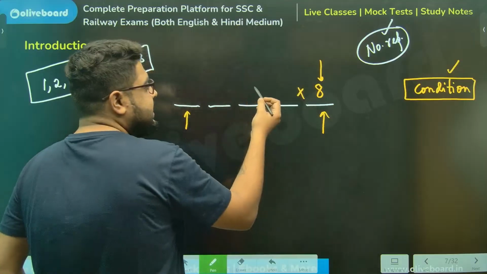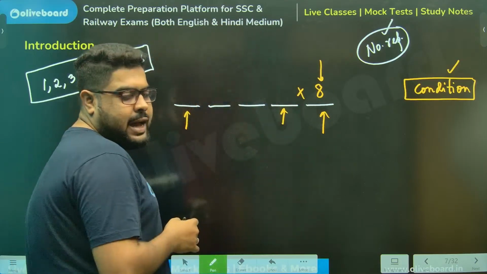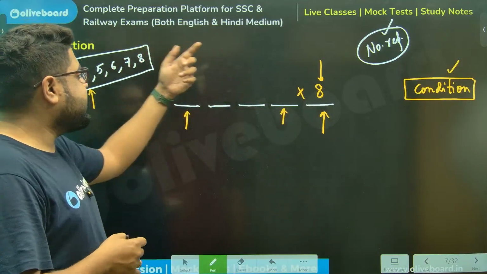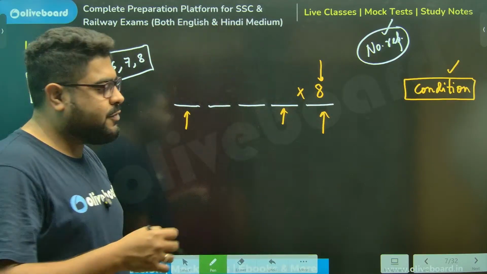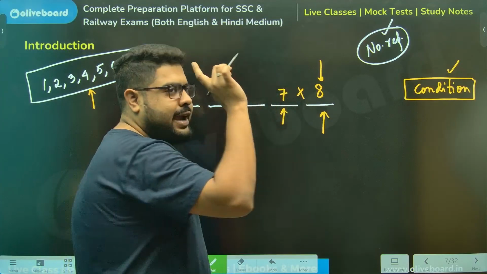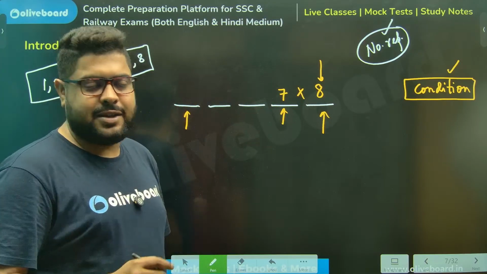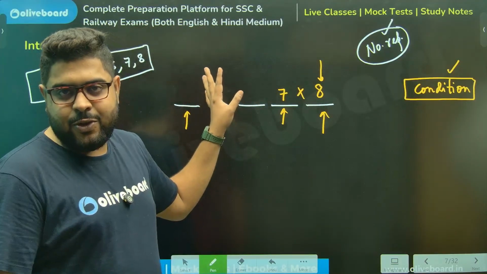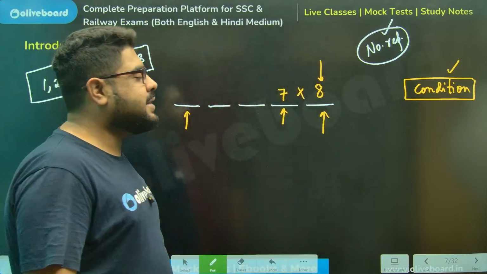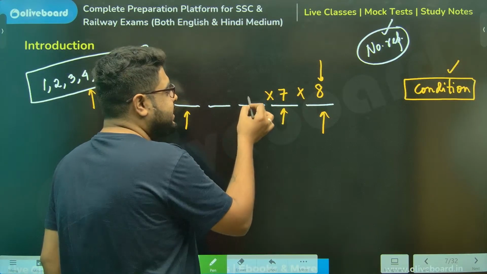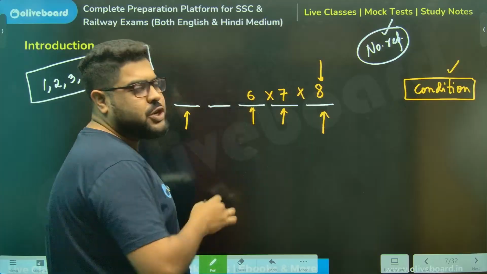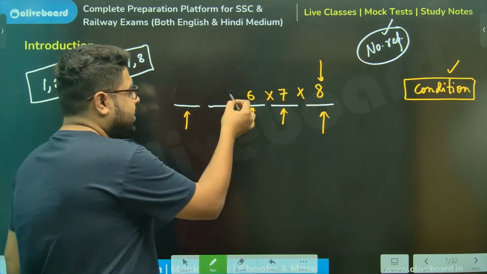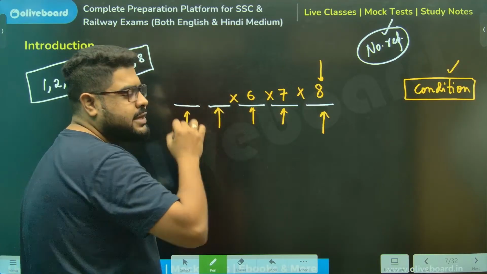Perfect. Next. Sir, what about this place? How many positions or choices do I have here? Sir, there were 8 choices, one I have put. So I have 7 choices left. Again, ask yourself the question. Is my work done? No, sir. When will my work be done? When the whole number is formed. So till that time, it is incomplete. Multiplication. Again here, I will have 6 choices because total 8 choices, 2 gone. 6 remaining. Now again multiplication because work is not done.